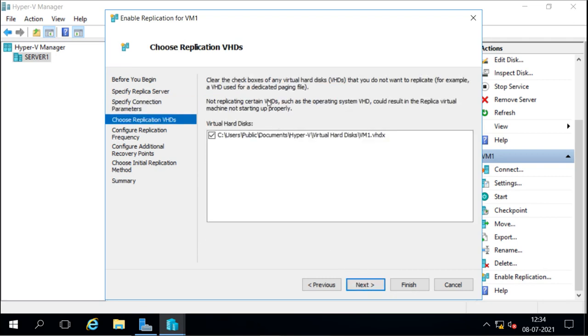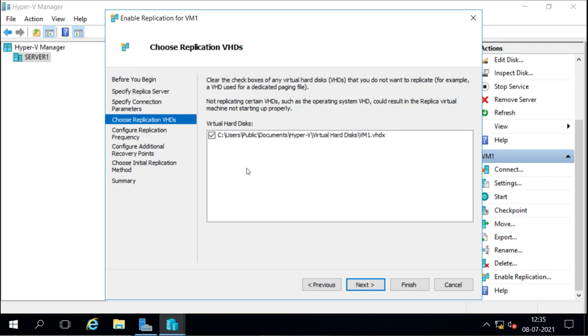Then it is saying to choose the replication VHD. That means we are creating the replication for this VM1, and this VM1's virtual hard disk is in this location. Sometimes in virtual machines we add multiple virtual disks.